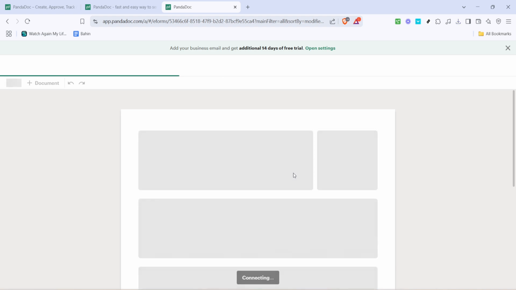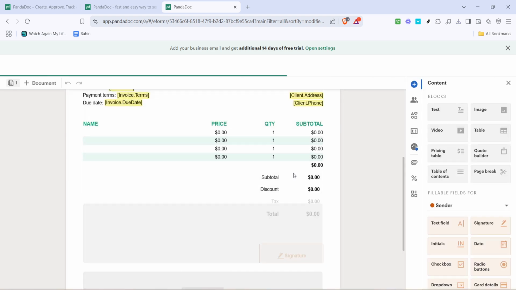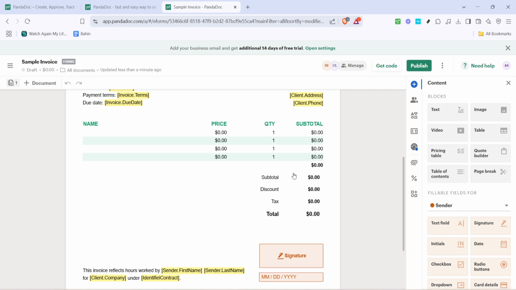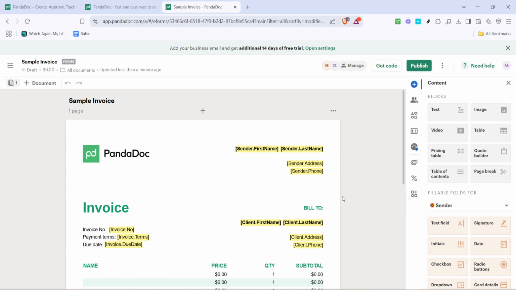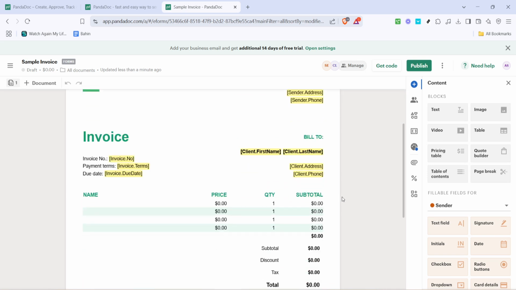This feature allows you to adapt the form to suit your specific needs, adding any necessary information, fields, or changes that personalize the form for its intended use. Editing your form is the final step. This is your chance to ensure everything is perfect before you finalize the document. You can add fields, remove parts that aren't relevant, and ensure that the form reflects all the details you require. Take care here to double check all the elements so they meet your expectations.